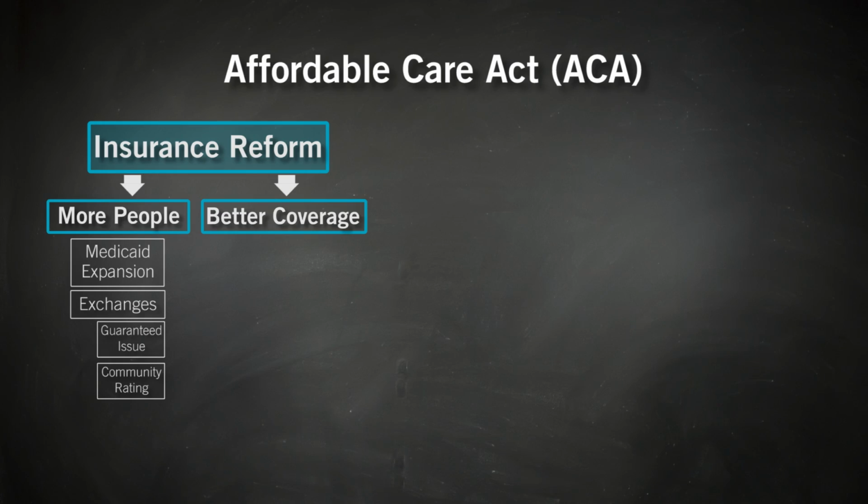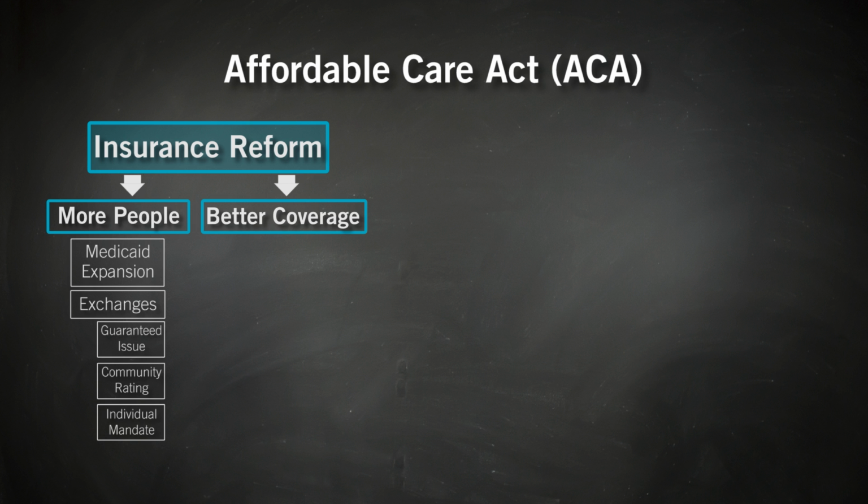Well, you understand, if the insurance companies have to cover you, and if you're going to be included in a pool, then you have an option as a potential purchaser of coverage, which is don't buy the coverage at all. Wait until your car hits a tree. If you're a 28-year-old and you're perfectly well, why would you buy coverage? And that led to the third part of this troika: guaranteed issue, community rating, and individual mandate. People had to buy insurance or they would pay a penalty.